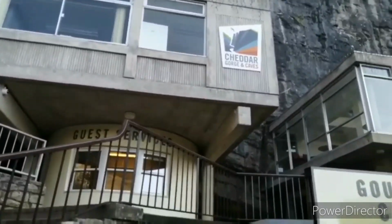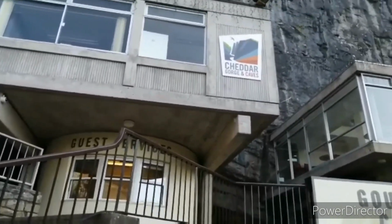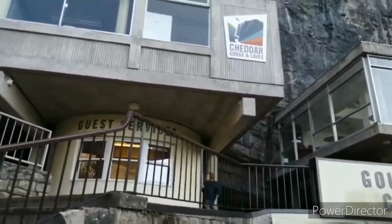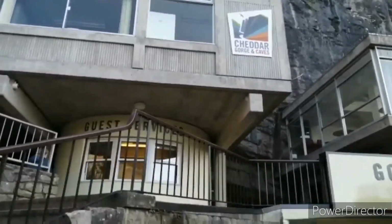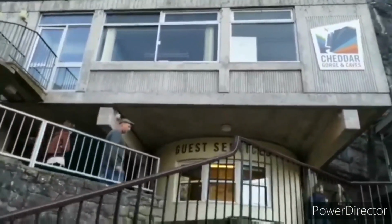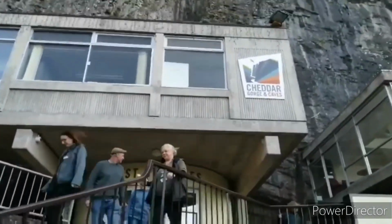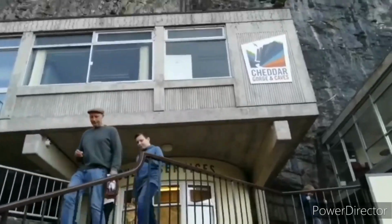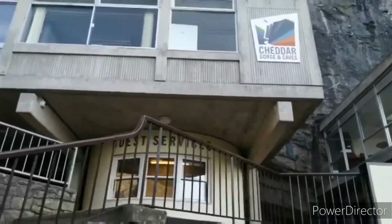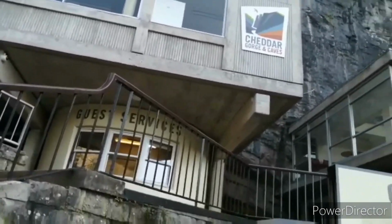It's quite a relaxing experience because it's just a little seating area in front of the screen. You've got the music in the background of the cinematic views as well. It's also made quite immersive because it's got a setup at the front with 3 different screens. But it's a really good cinematic experience where you get some cinematic shots from above and around the village and the cliffs. I think my favourite cave would have to be Gough's Cave,